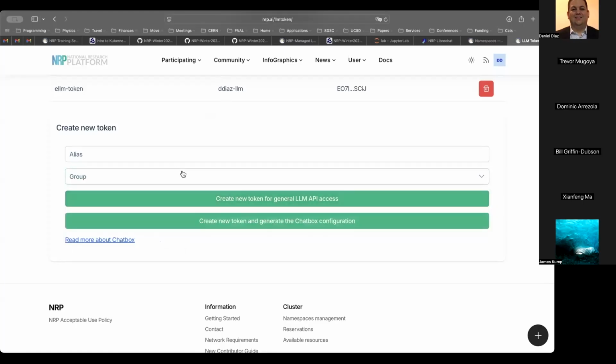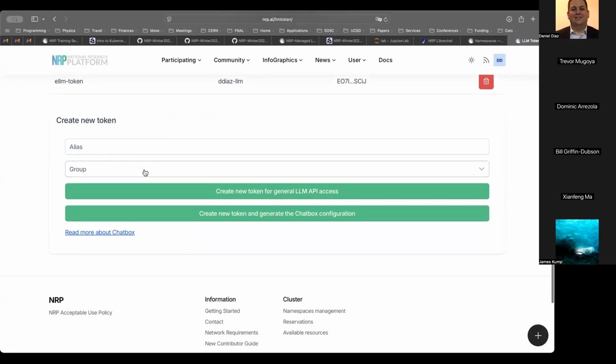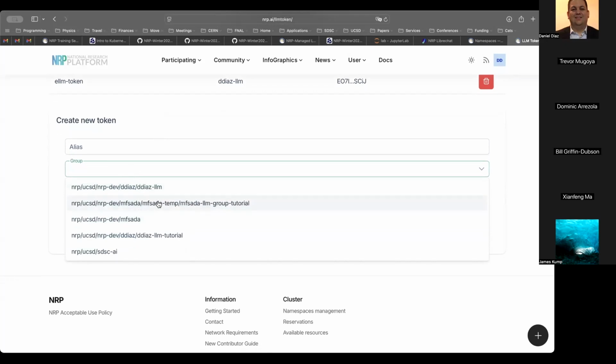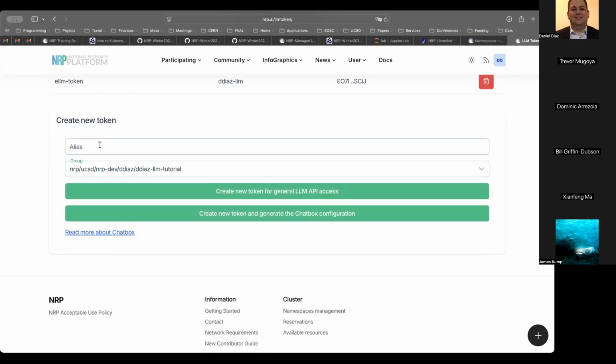Okay, I think it just takes a moment for the new namespace to be propagated through. But it's okay. What I could do is I could use this existing one and I could create a new token. Winter